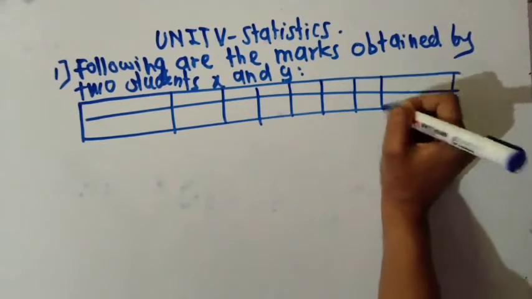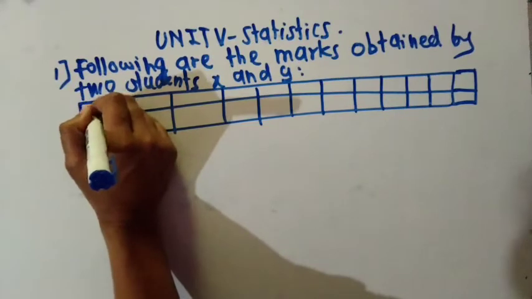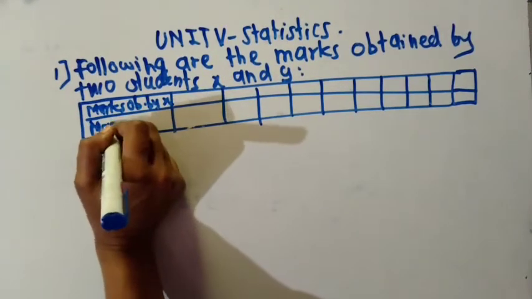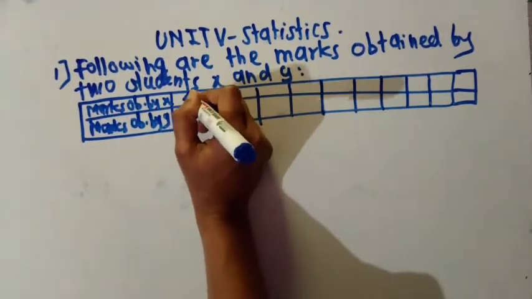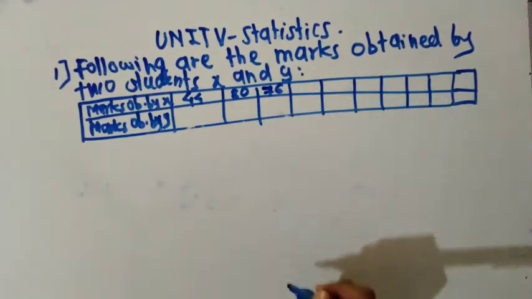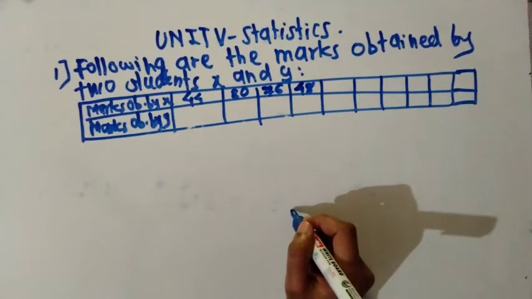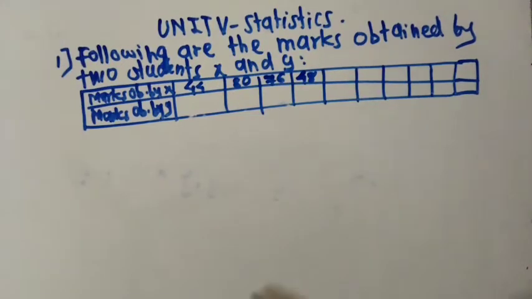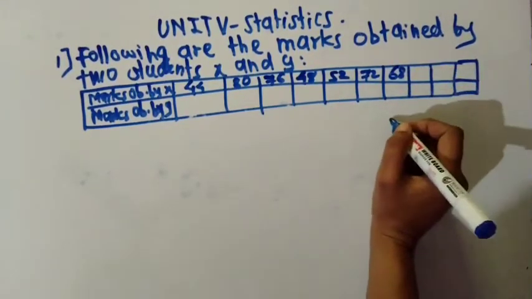Three, four, five, 6, 7, 8, 9, 10. There is marks obtained by X and this is marks obtained by Y. So marks obtained is 44, 80, 76, 48, 48, 52, 72, 68, 56,